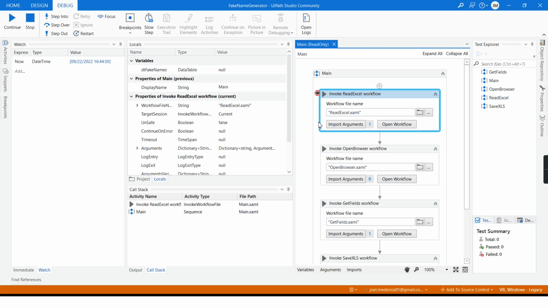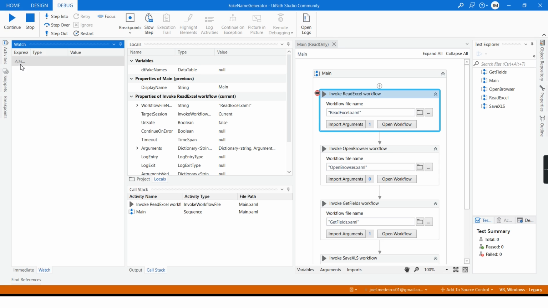Now that my debugging session has stopped in my first breakpoint, I can change the speed of my debugging session. Right now it's off, but if I click once, it will change to 1, and then each click will go on up to 4 times, and then if I click again, it will turn it off. On my left hand side, I have the watch and immediate.